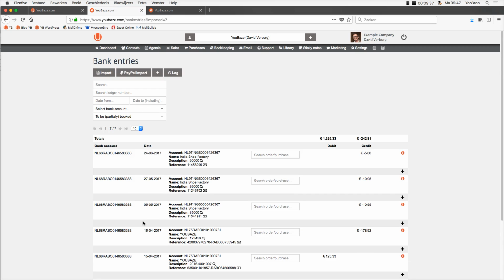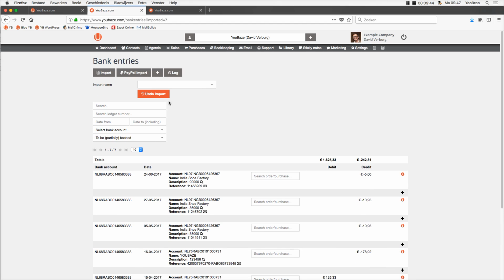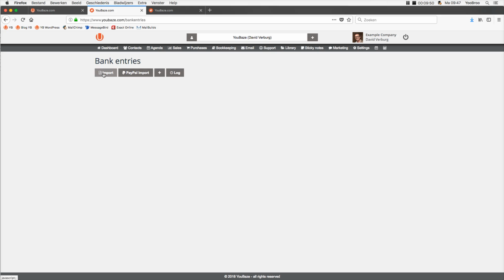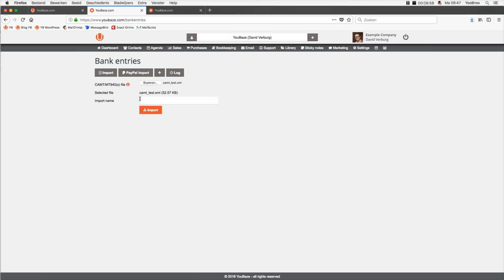You can do this on a weekly, daily, or monthly basis. We do it on a weekly basis. And here you can undo the import, just remove it, say yes, and then your bank entries will be removed or deleted. I will import it again to show you how to link a bank entry